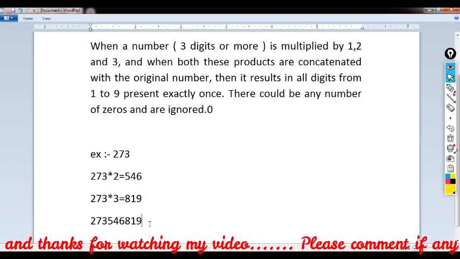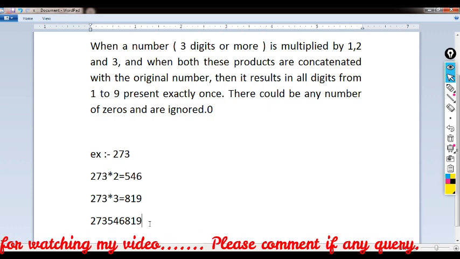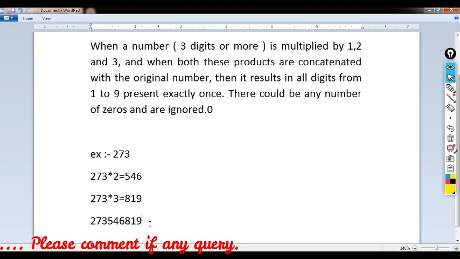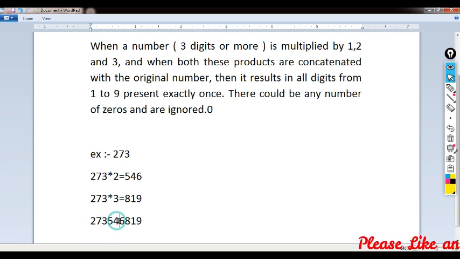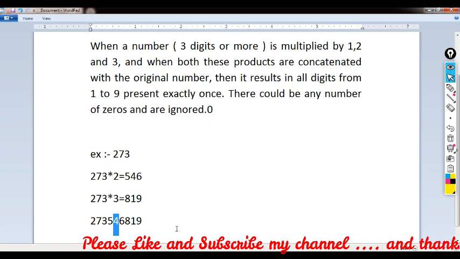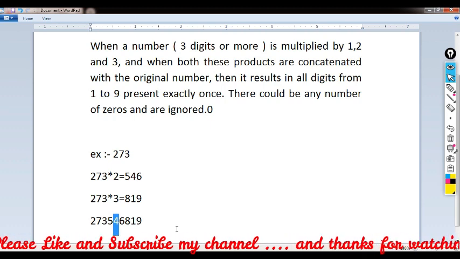So when we concatenate the integer numbers, they are converted into a string. After that we get the string. Here we can check every digit of this string. This string should contain the digits 1 to 9 only once, or at most once.